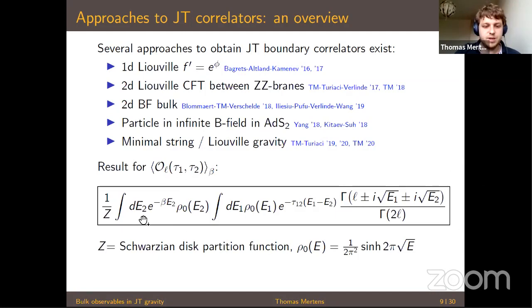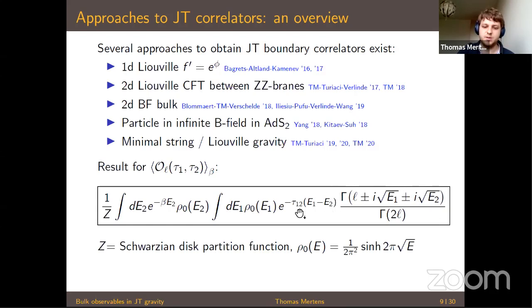So there are two dummy integrals, two integrals over E1 and E2, two energy integrals. There are two rho 0 of E's, where these are densities of states, and they're this famous sinh of square root E density of states that you have in the Schwarzian theory and in JT gravity. And then there are these Hamiltonian propagation factors, so e to the minus the difference between the taus times the difference between the energies, and then a Boltzmann factor for the other one. And then you have